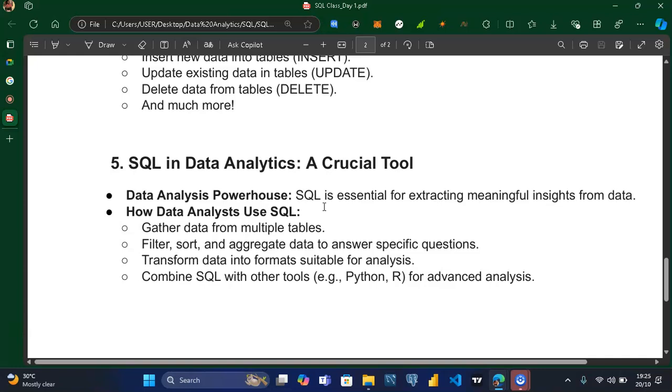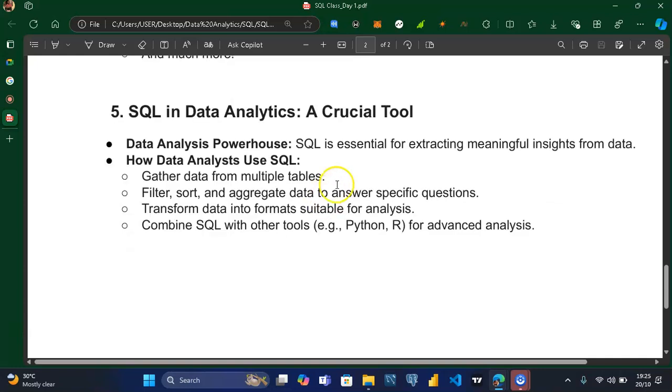You can gather data from multiple tables. When you collect data from users, you can divide this data into tables. Let's take for example, as a student right now, your records would not be stored on the same table, simply because once you register with the school,